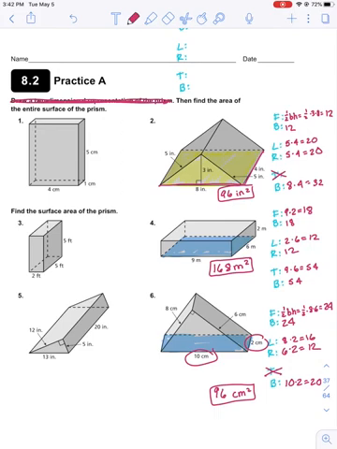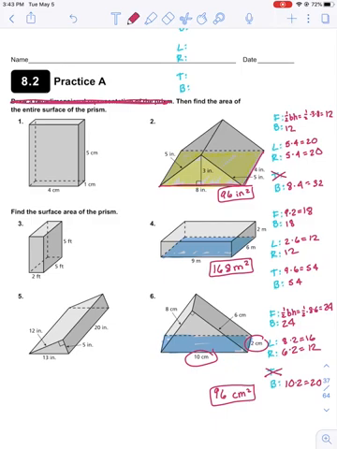So the expectations for showing work would be basically like what I'm doing. You do need to have each of those sides labeled. Front, back, left, right, top, bottom. That's an expectation. If it's a triangle, you need to be showing the formula because everybody messes it up. So I'm only making you do it because I know that's a place where people mess up. And then even for the rectangles, you need to show me what numbers you're multiplying. So if you're doing 8 times 2, you need to write down 8 times 2 so I know that's what you're using. That's how I can help you. You're communicating to the audience that you understand what numbers to use. You can use